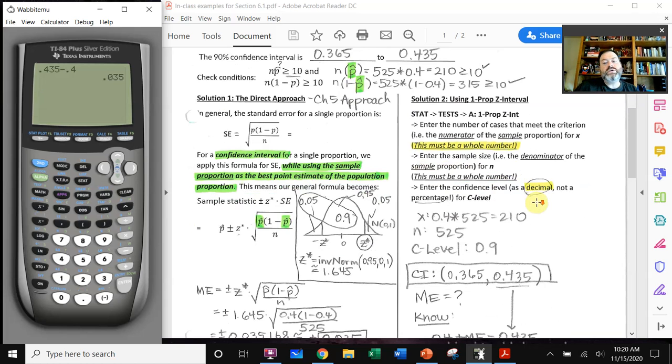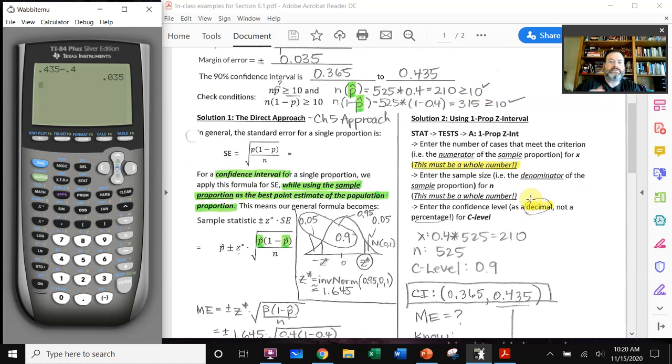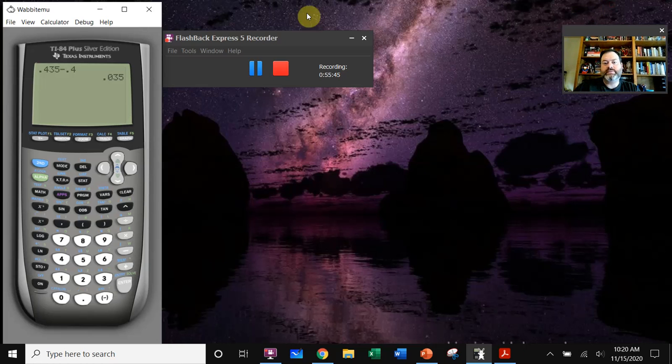So that's how you use these shortcut methods. If you want to use them, once you get the hang of them, they are indeed faster. You'll save about a minute per problem on problems that look like this. If you don't want to use them, then just forget the last 8 minutes that you just saw. However, regardless of which method you use,